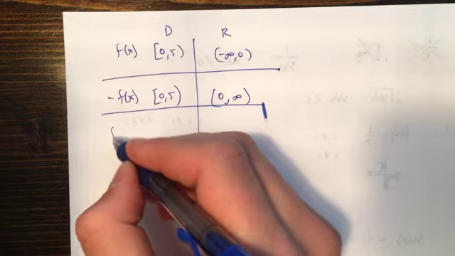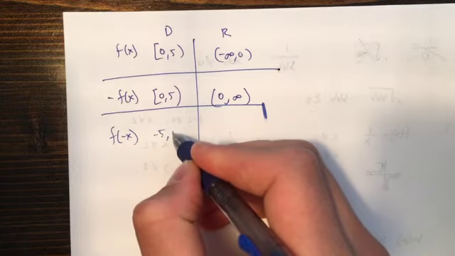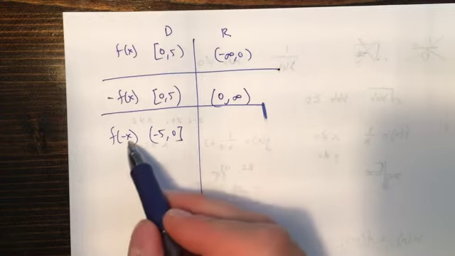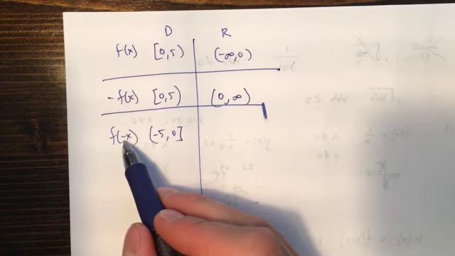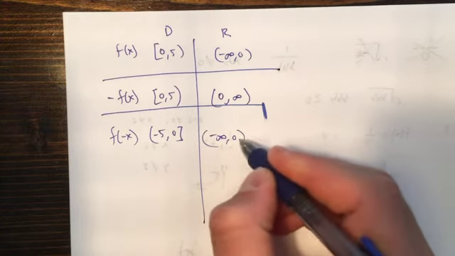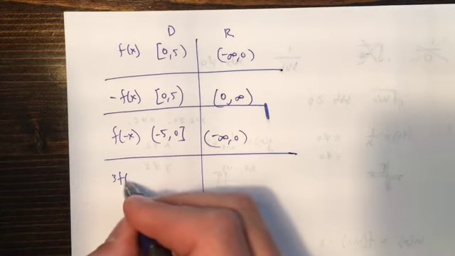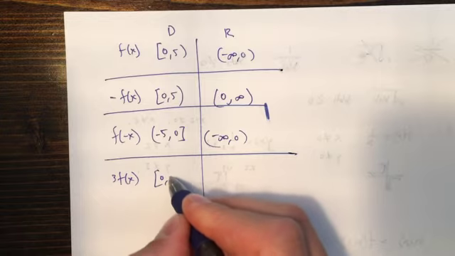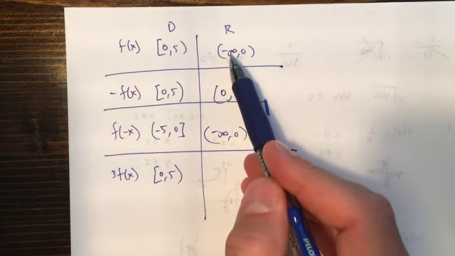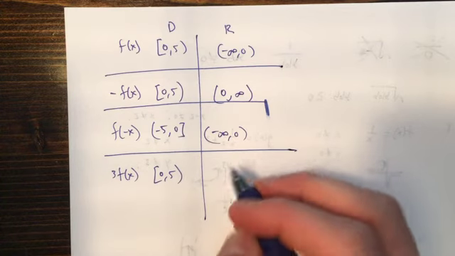If we have f of negative x, now instead of plugging in 0 to 5, we can plug in negative 5 to 0, right? Because we're changing the signs of all of our numbers, because I reflected across the y-axis. And our range doesn't change, so it would still be negative infinity to 0, our original range. Now for 3 times f of x, I can still plug in the same values, so it's still 0 to 5. And my range, well, it would be 3 times negative infinity, which is still negative infinity, and 3 times 0, which is still 0. So even though it's going to be stretched,